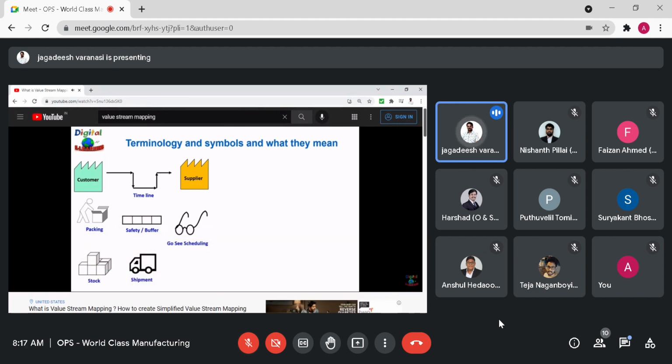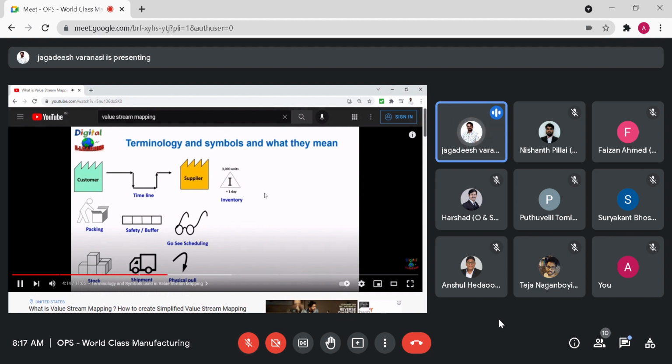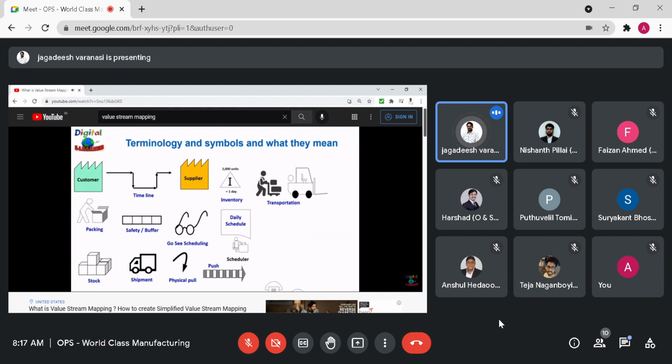It refers to confirming something visually during the process, and it is often represented with a pair of glasses. Next, what we have is the physical pull. Then we have the inventory, where I denotes the number of units. Then we have the daily schedule or scheduler, push. Then we have the transportation using forklift or something else. Then we have the communication, material flow,